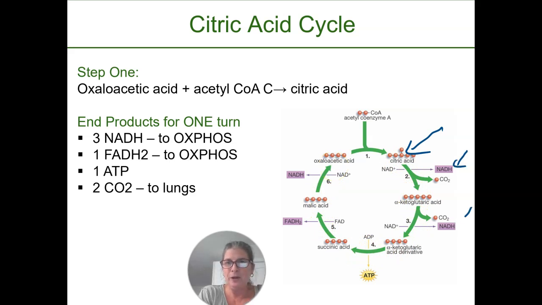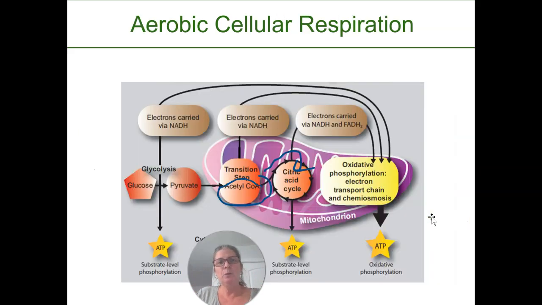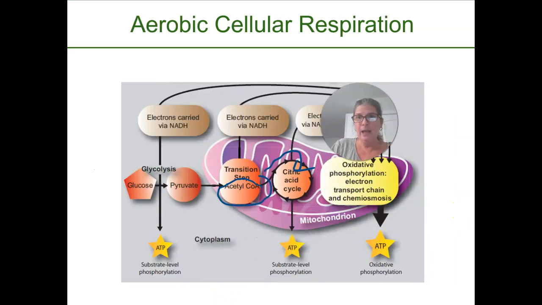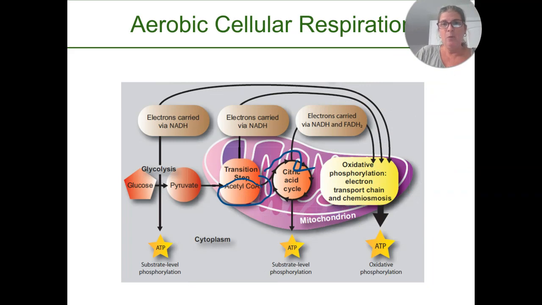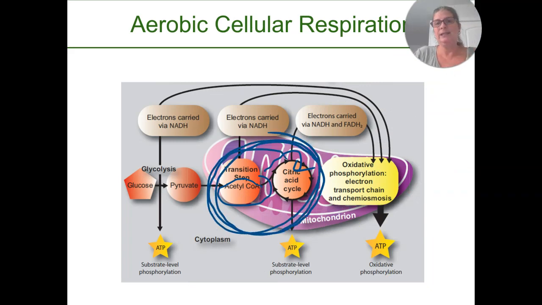Notice that we strip a bunch of hydrogen off, which we need over in oxphos. We get an ATP, not very much, but we do form a lot of CO2. So that CO2, again, has to go into the blood where we exhale it. So when we're looking at these pathways and we're looking at respiration, we're getting our CO2 here. These two, transition and citric acid, they're generating that CO2, which we know is a waste product that we have